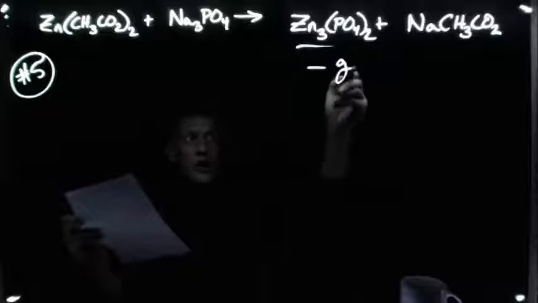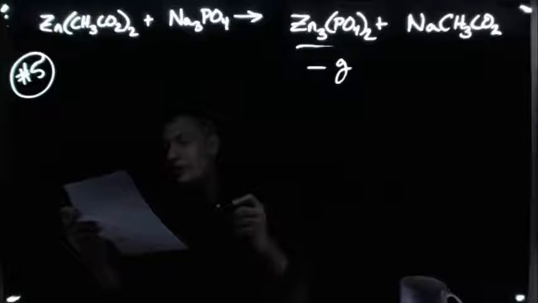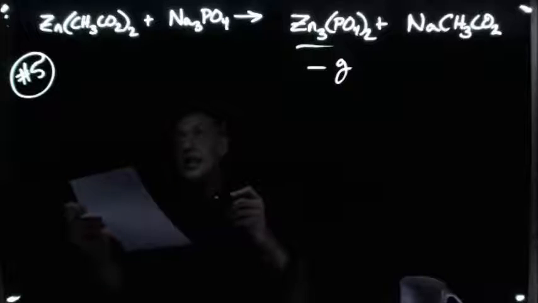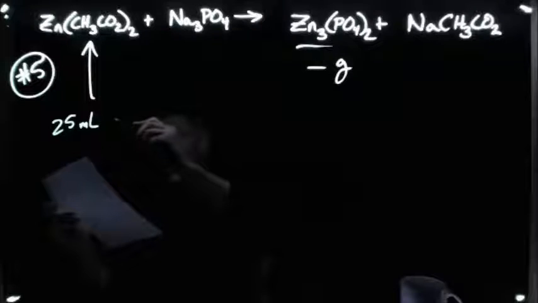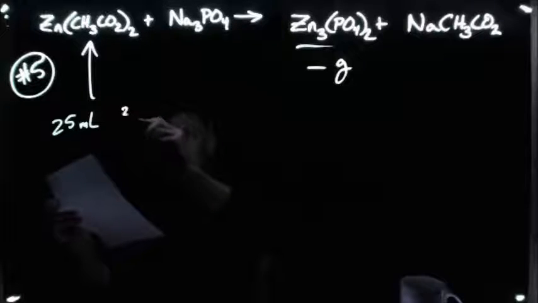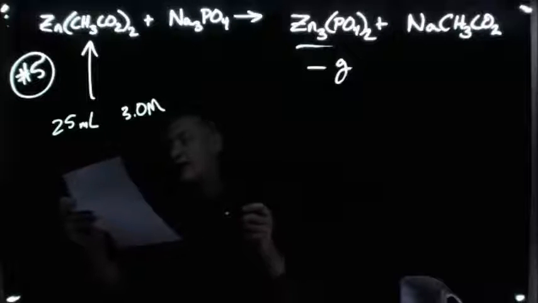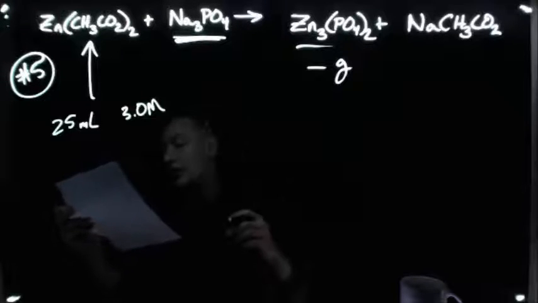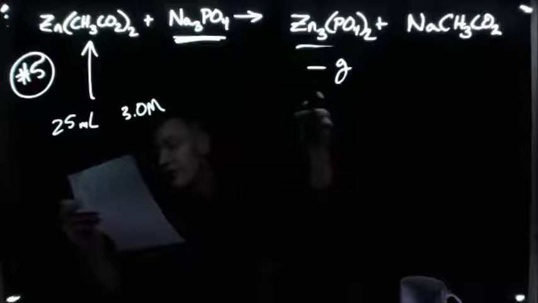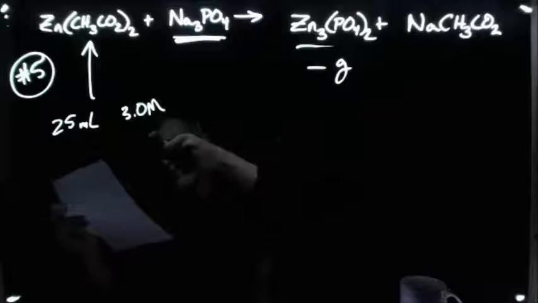so I'm looking for grams of that, can be obtained by reacting 25 milliliters of 3.0 molar zinc acetate, so that's 25 milliliters, and the concentration is 3.0 molar, with excess sodium phosphate. So I don't need to worry about how much of the sodium phosphate I have, I have plenty. So how many grams of zinc phosphate can be produced by reacting 25 mils of 3.0 molar zinc acetate with